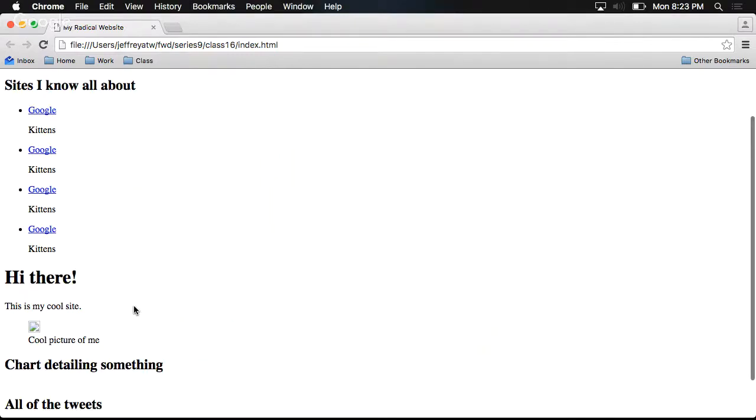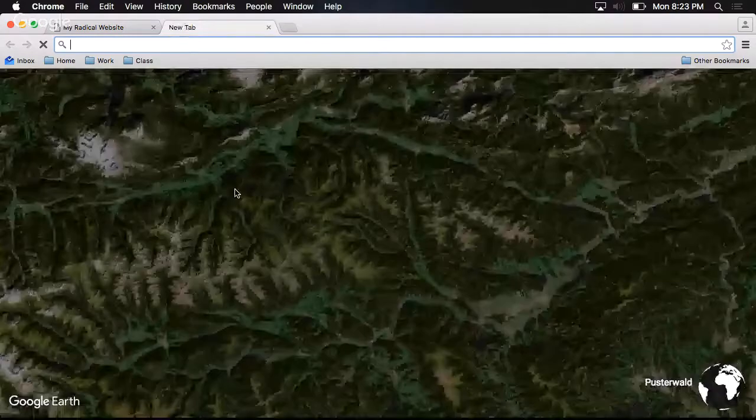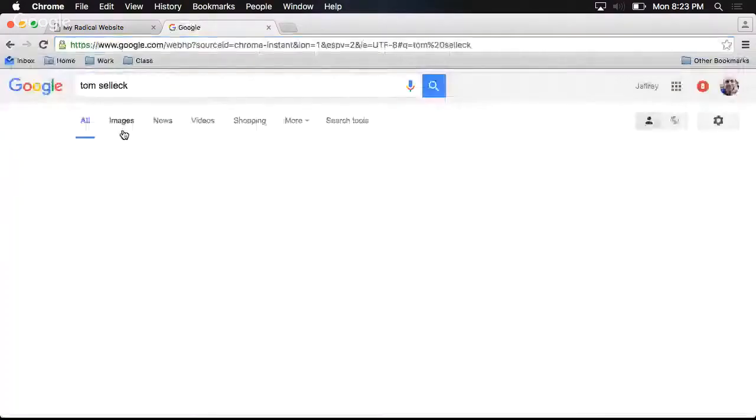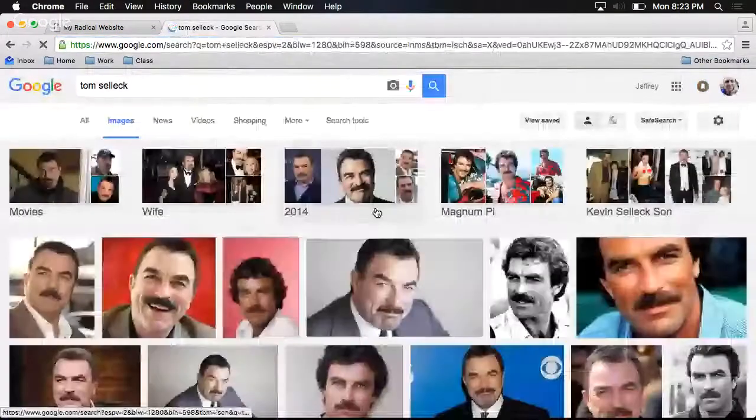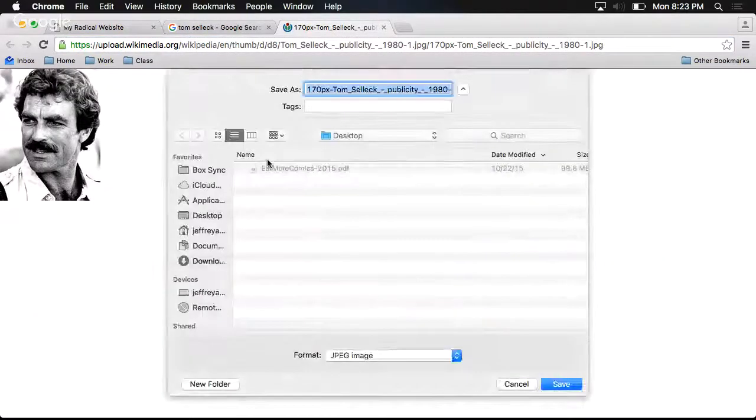Cool. Right. Let's go ahead and look for a cool picture of me real quick. There we go. And Tom Sawyer looks a lot like me. Yeah, exactly. There we go. It's a slightly different one, but it's a good size. So I'm just going to save that into